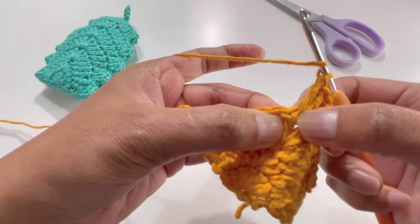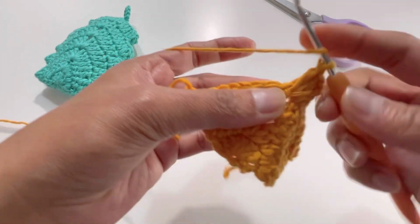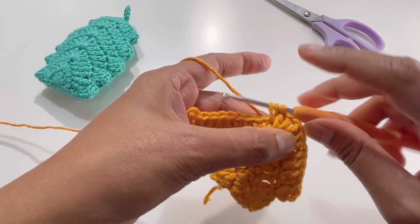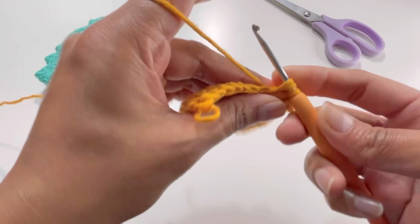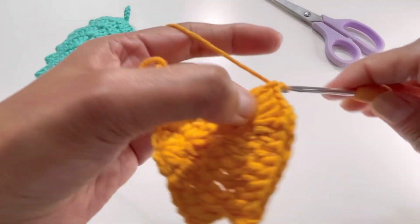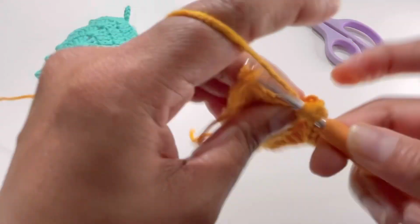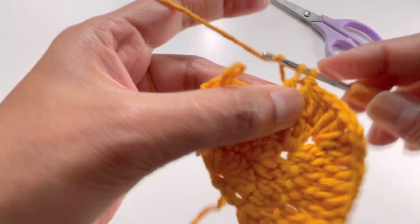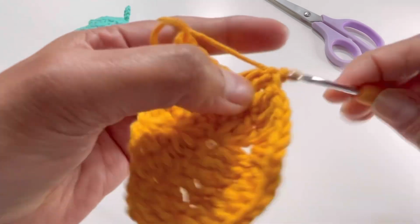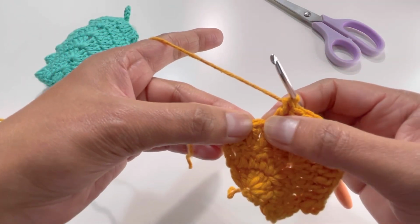Remember your stitch might be hidden inside these double crochets, so just make sure that you are having your proper stitch here. You are having your double crochet on top of this first stitch. Keep on having your 5 double crochets here. So it's 1, 2, 3, 4 and 5. Here it is. And now into this 6th stitch we're going to have 2 double crochets into that